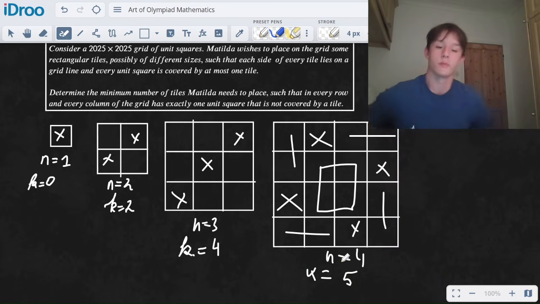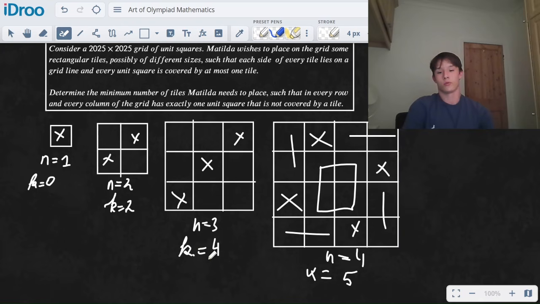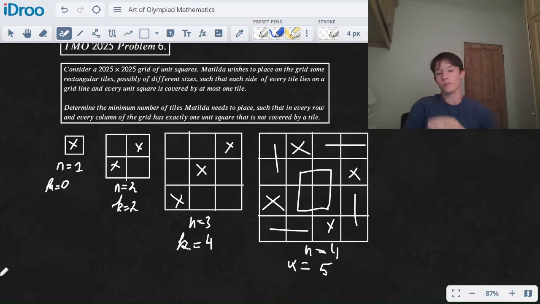So we do see some inconsistencies with the answer. So 0, 2, 4, and then 5. So that's a bit inconsistent. And the way I tried to approach it is I said, okay, well, if the answer is dependent solely on n,